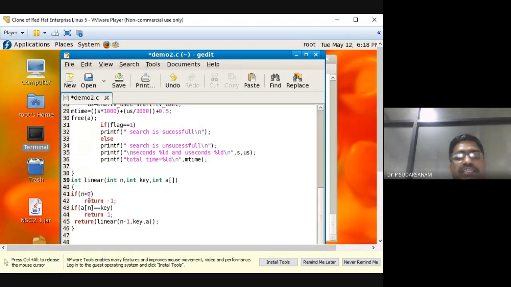Now n goes from n-1 down to 0. Otherwise, if a of n is equal to key, for example the last element itself, whatever the n-th element is, 99, then return 1. That means stop the process and go back to the main program. No need to check the remaining values once it is found. Otherwise, if both conditions are false, return